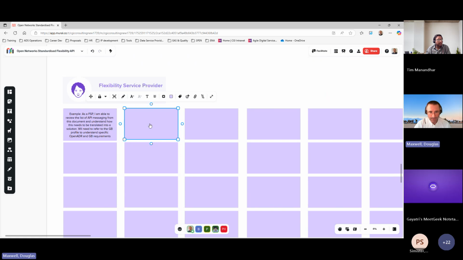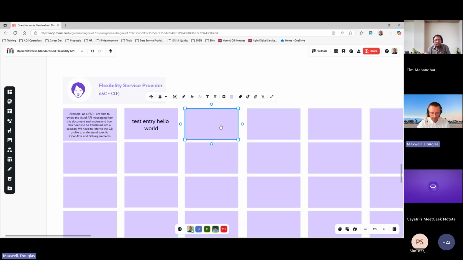So you left click over a post-it note, and then you can just type away. And then you can click on another one.